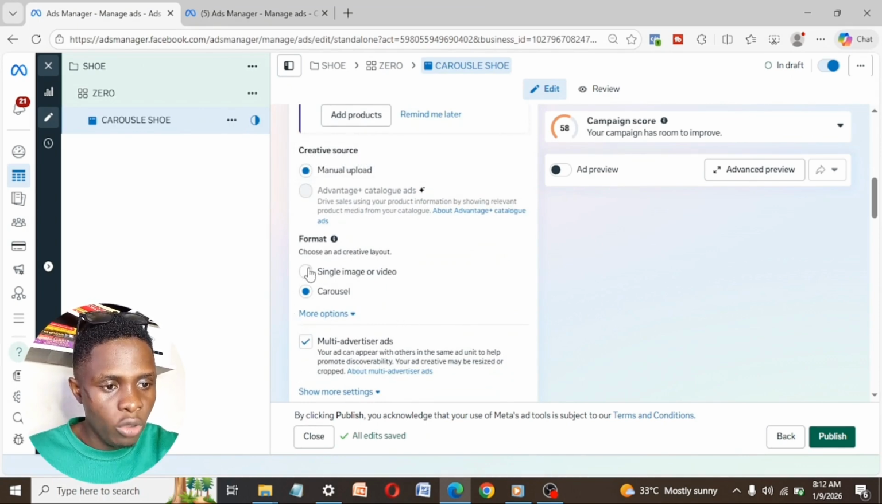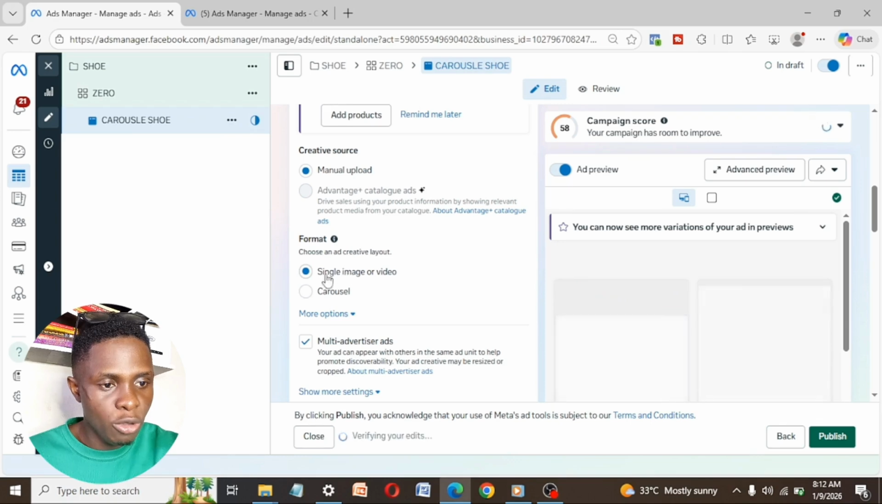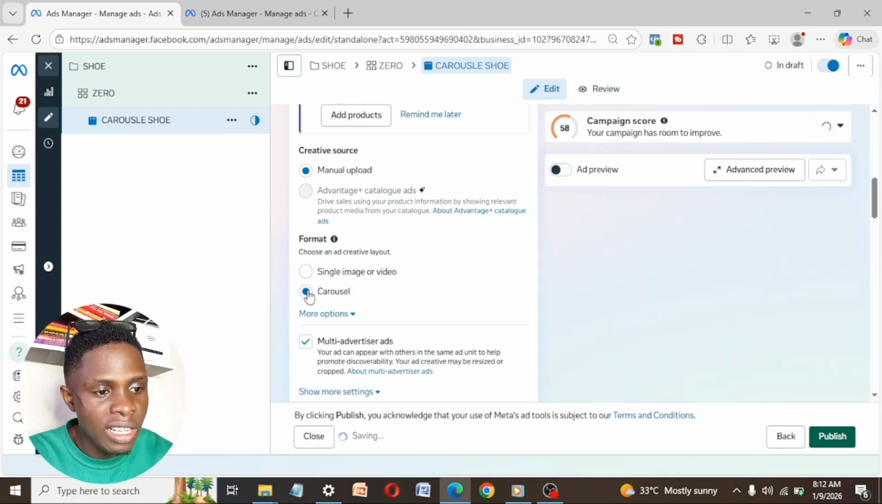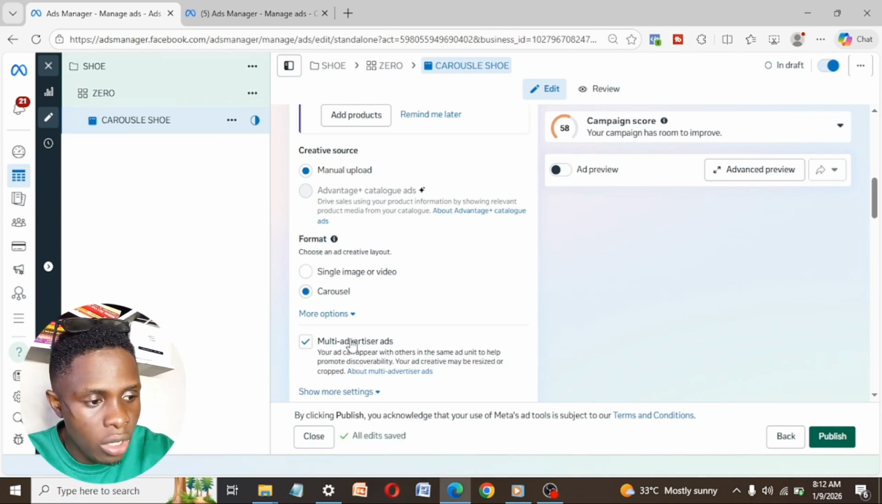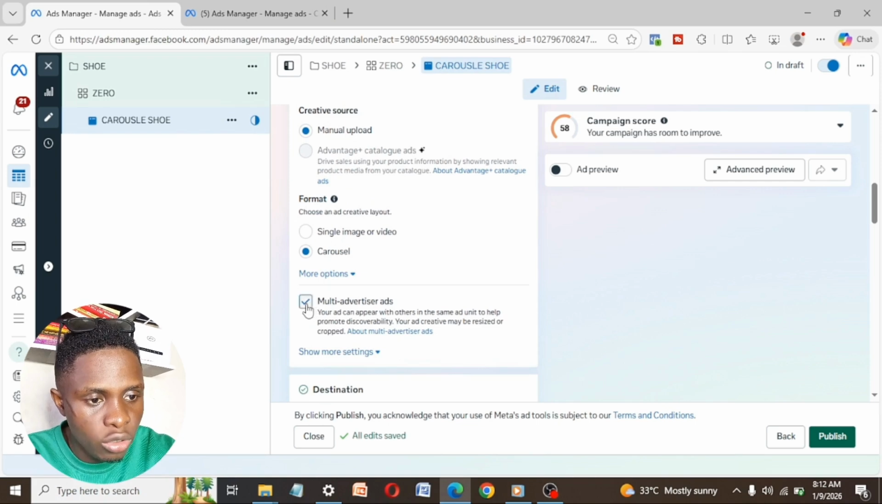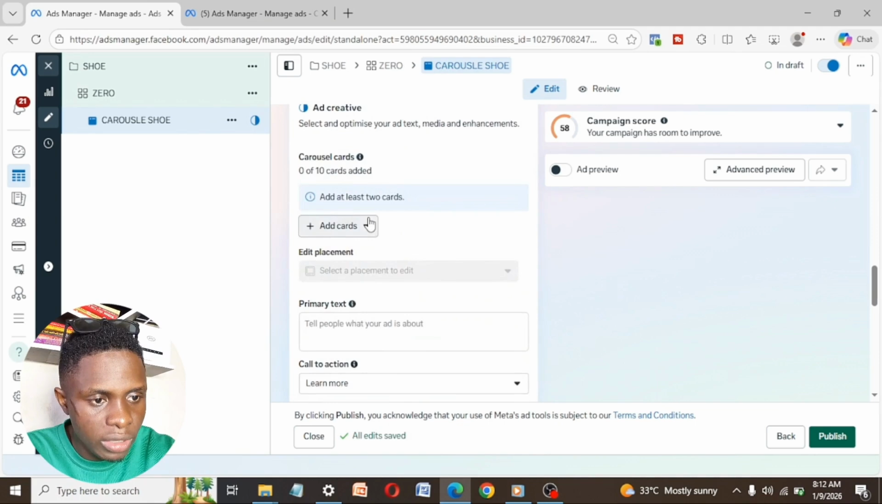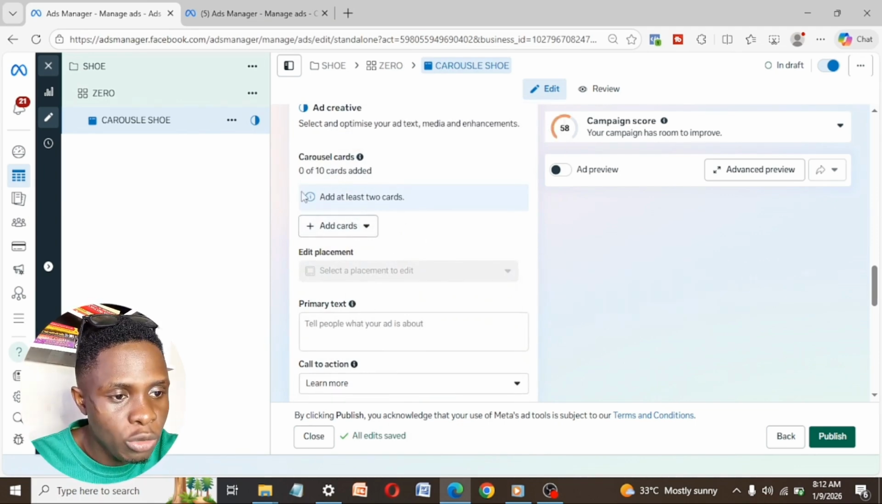Now, on this place, by default, you're going to see single image or video here. So you want to tick carousels. This is where you now turn on the carousel so that you can actually run carousel ads on Facebook, right? Turn off this multi-advertiser ad, turn it off. This way, this carousel card, this way you now add the images